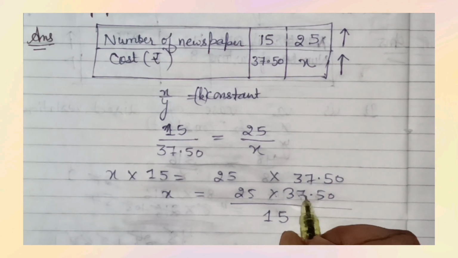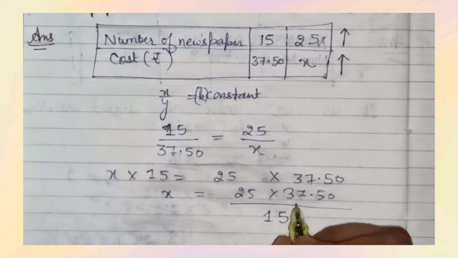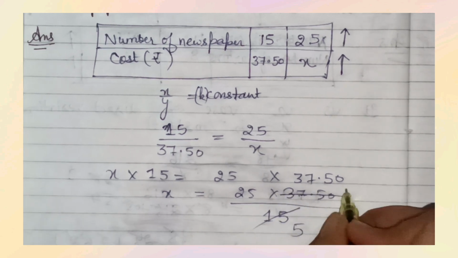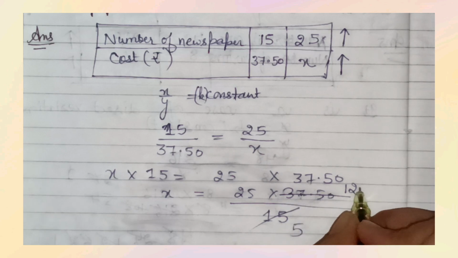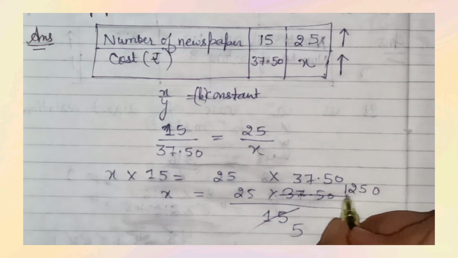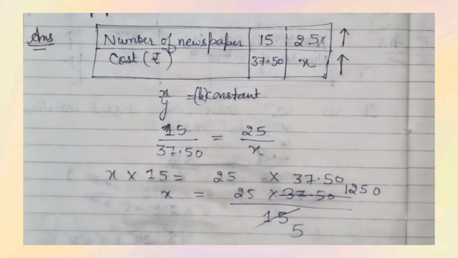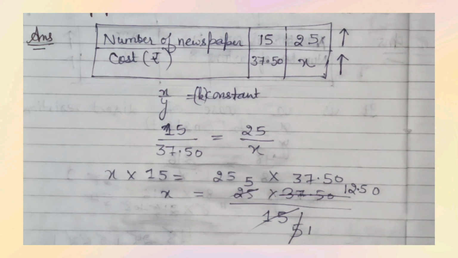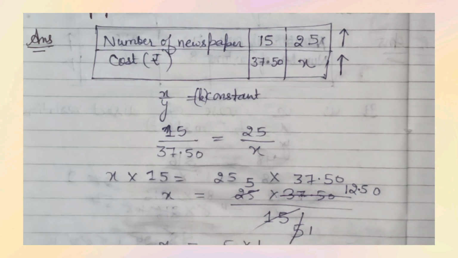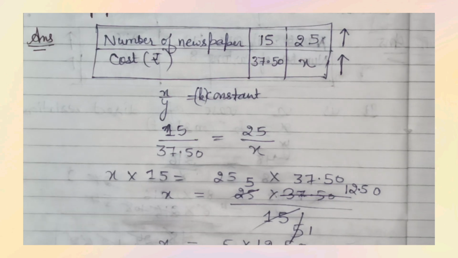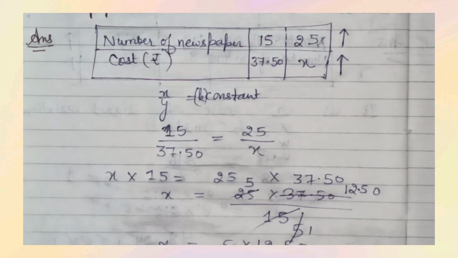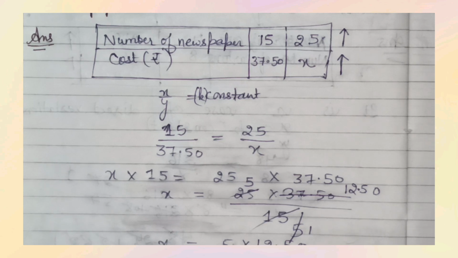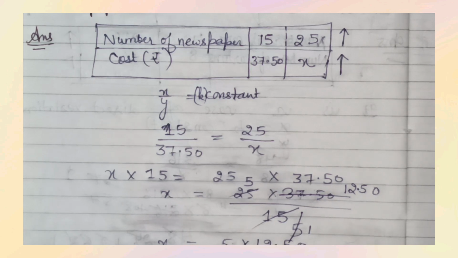Then 7 plus 5, 12, 12, 3, 15. Divide: 3 5s are 15, 3 1s are 3, 3 2s are 6, 3 5s are 15, here 0, 5 plus 2, 7 plus 1, 8. 5 1s are 5 and 5 5s are 25. Here the decimal is put. x is equal to 5 multiplied by this 12.50. 5 zeros are 0, 5 5s are 25, 2 is a carry, 5 2s are 10, 11, 12, 1 is a carry, 5 1s are 5 plus 1, 6. From here the decimal is placed before 2 digits. So we put the decimal before 2 digits.